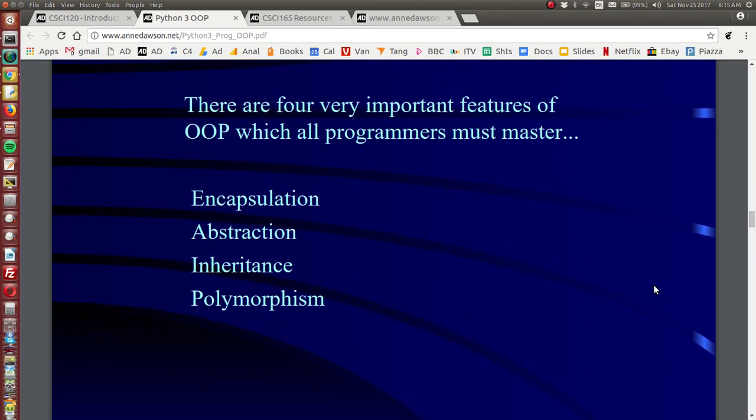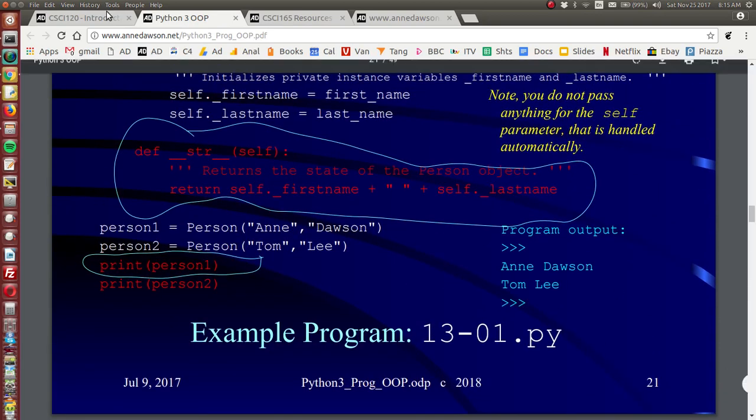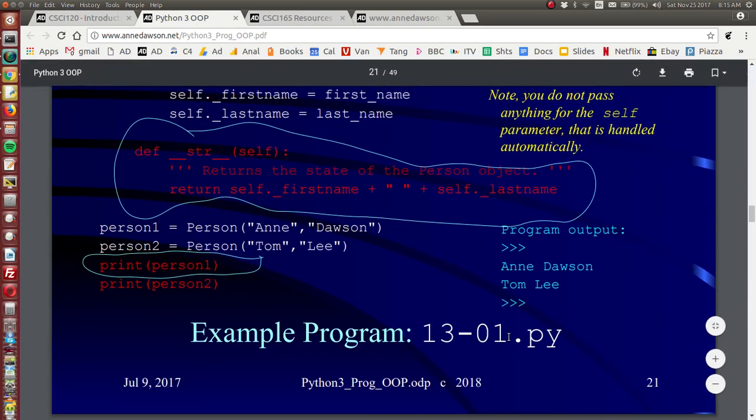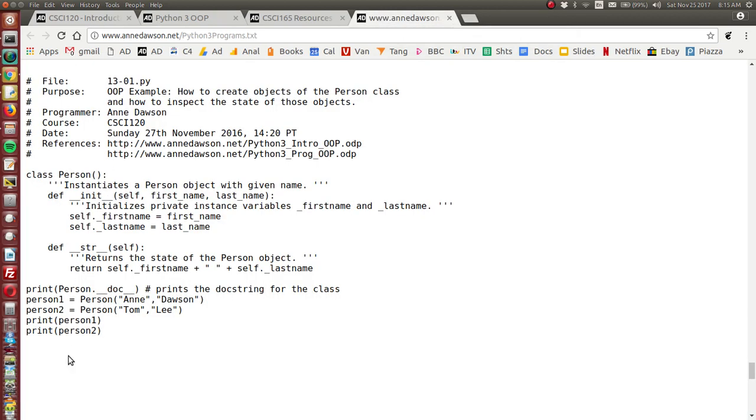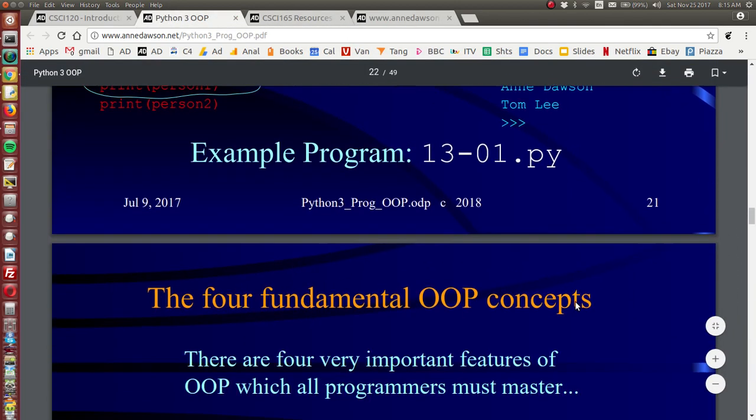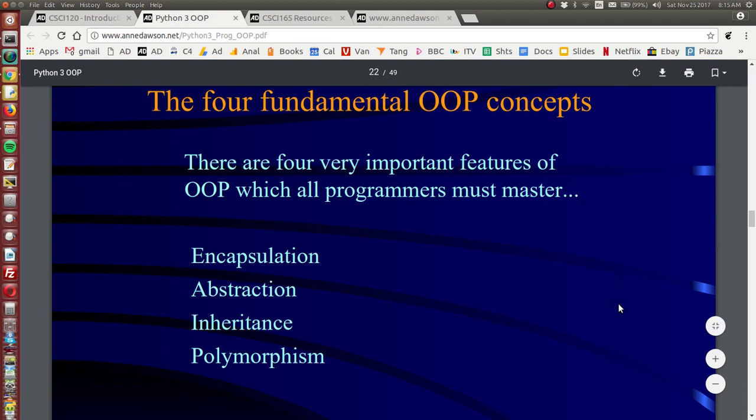So in the last movie we ended on program 13-01.py, and this is the program that I'm referring to there. In this movie we're going to look at the remaining programs,